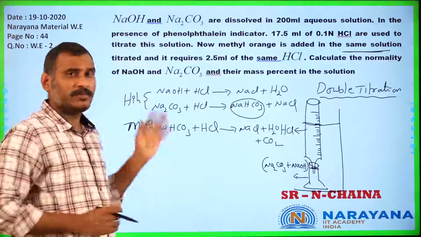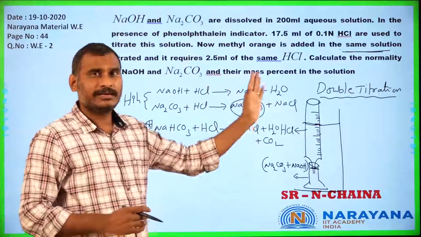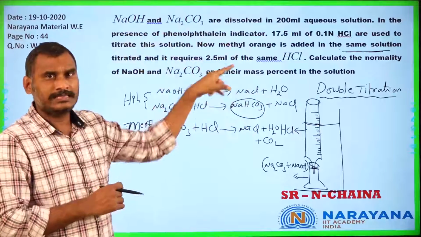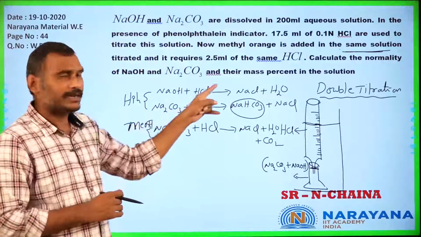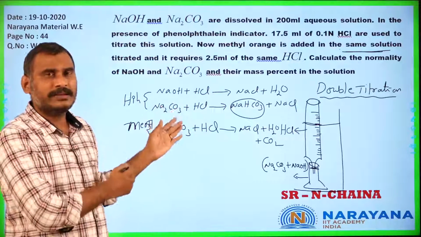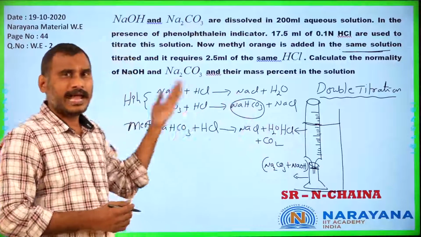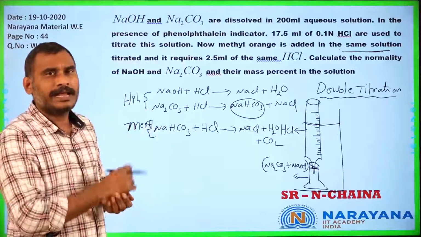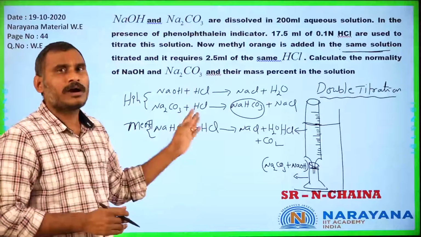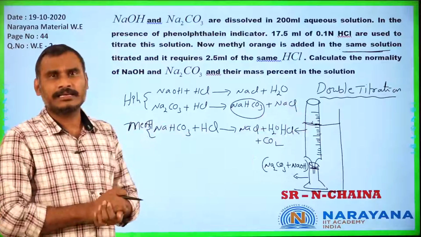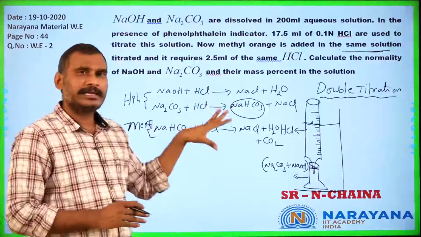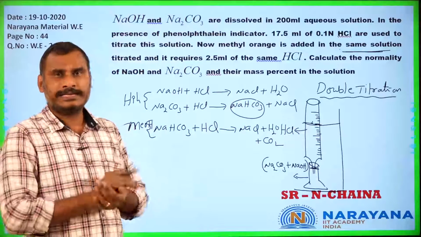What is the principle involved, and what is the purpose of these indicators? You know, in the class itself, sodium hydroxide and HCl, this is totally a basic medium. In the basic medium it shows pink, and after slowly adding HCl, the end point comes at about 8.3 pH. At that pH, we can't use phenolphthalein for the complete neutralization. That's why we are adding methyl orange indicator. These are the equations going on in your titration.